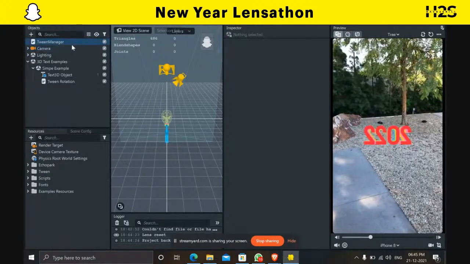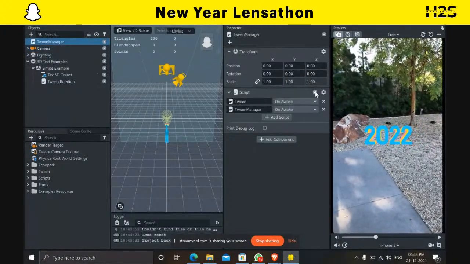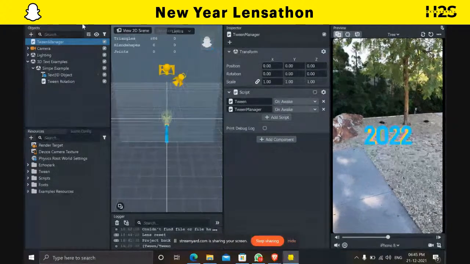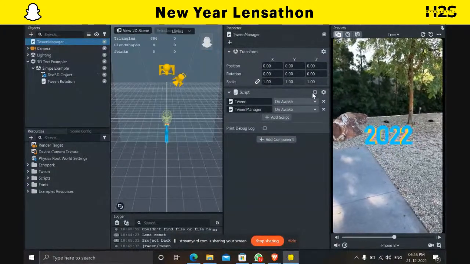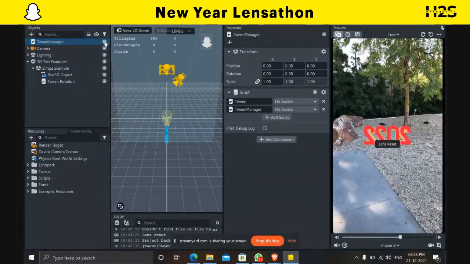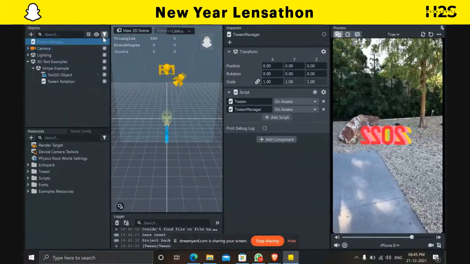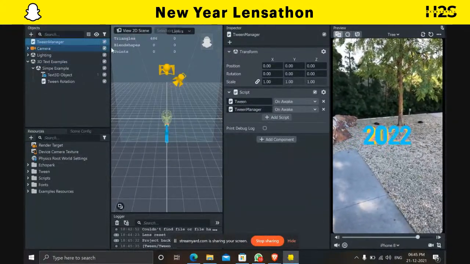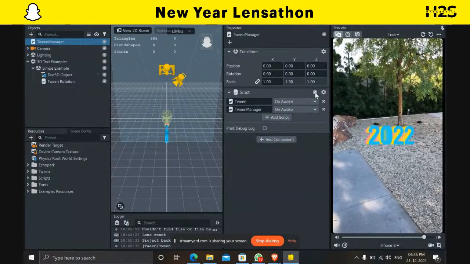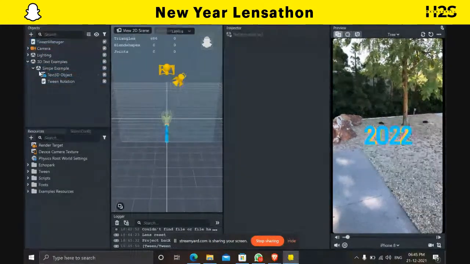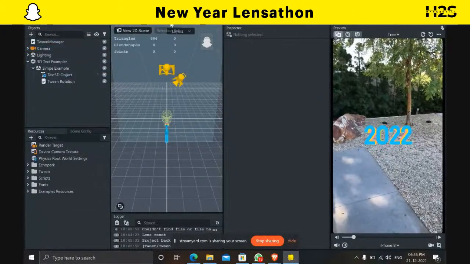Let's just turn this off. From the inspector panel, you have to turn it off, right? If you just turn it off from the object panel, it will just stop. You can go with both sides, right? So I'm just toggling it off and keeping this 3D section, like my project is on